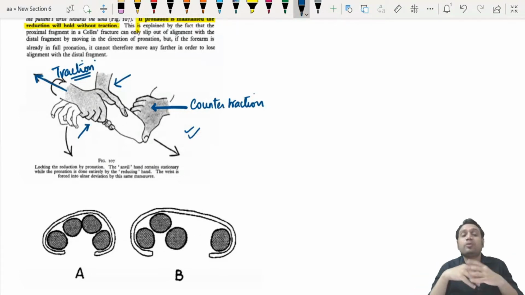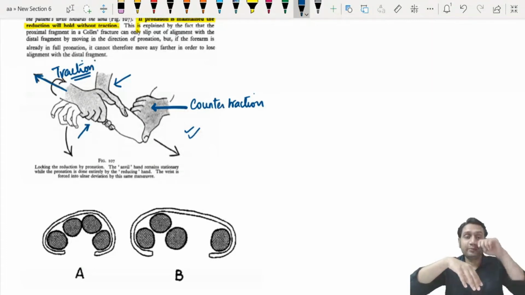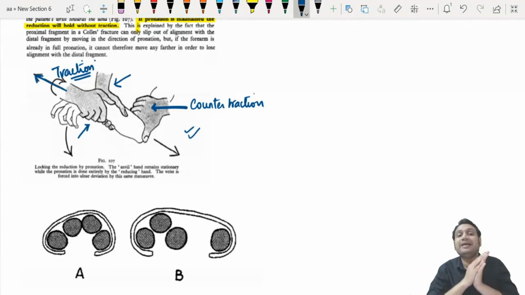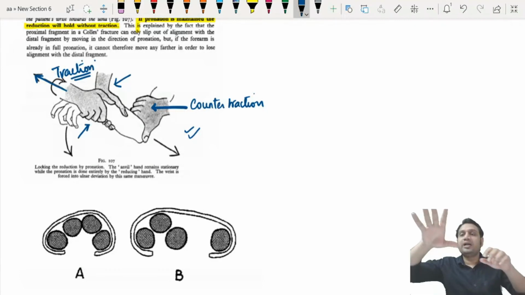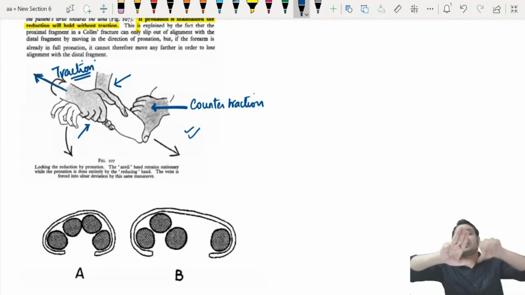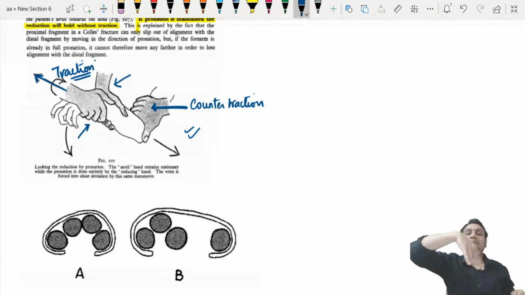The surgeon will have to apply the plaster, so somebody will have to maintain the traction. How will that be maintained? Traction is already achieved, but pronation has to be kept, so reduction has to be maintained. Some third person will come into the picture now, and that third person will hold the thumb with one hand and these 3 fingers with the other hand, and pull them. The little finger is not held, right? And the wrist is kept like this, in palmar flexion, because dorsiflexion disengages the fragment. Now the wrist is kept in pronation and palmar flexion.